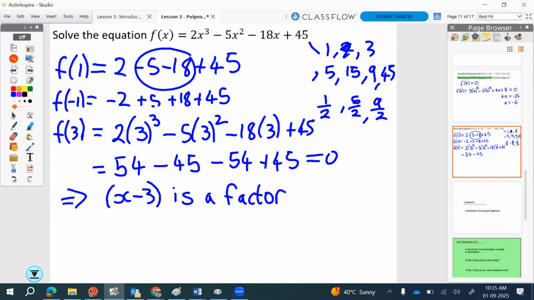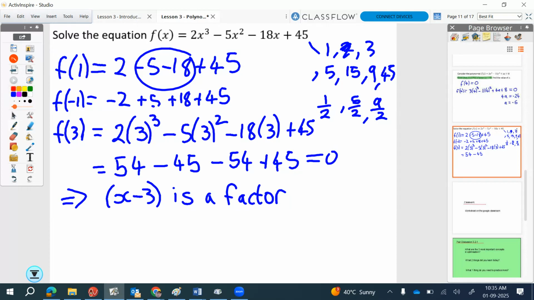Okay. So we have found a factor for the polynomial now. We have successfully found a factor. We need to solve the equation. So let's factor this out. Let's use synthetic division to factor it out. So using synthetic division now to factor it out,